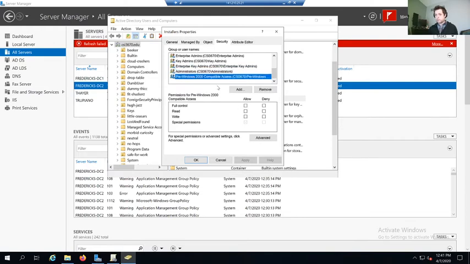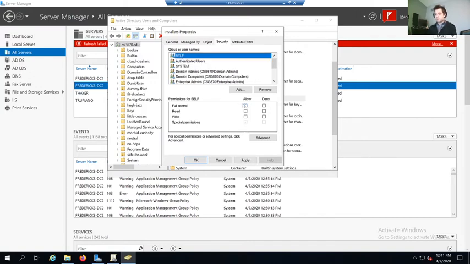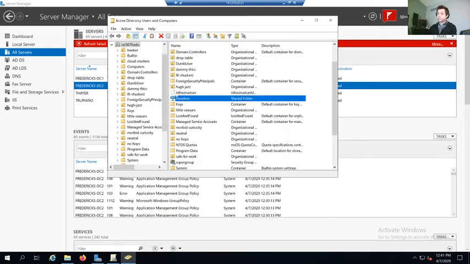What else am I missing here? Pre-Windows compatible. Let's give everybody access. You get access, and you get access, and you get access. Authenticated user, system. Now I'm just kind of checking to make sure. I also added in domain computers to make sure that the computers themselves had access. All right, so we've updated that. But basically, we did this in two phases. Create the local shared folder, create the shared folder in Active Directory.